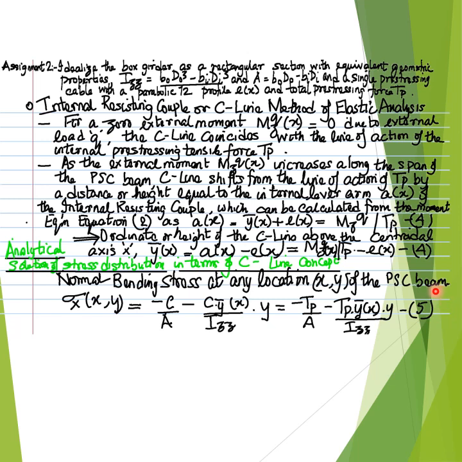However, one should note or remember that equation 5 and equation B, representing the relationship for the normal bending stress sigma x at any general coordinates x and y, are equivalent equations, and either one of equation B or equation number 5 can be rearranged to arrive at the other equation